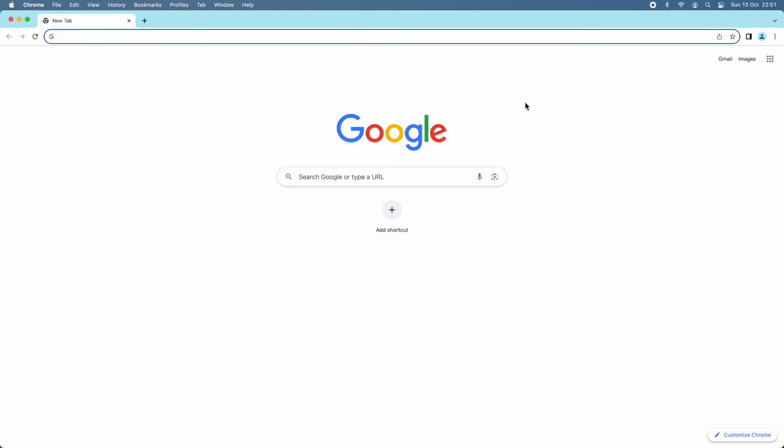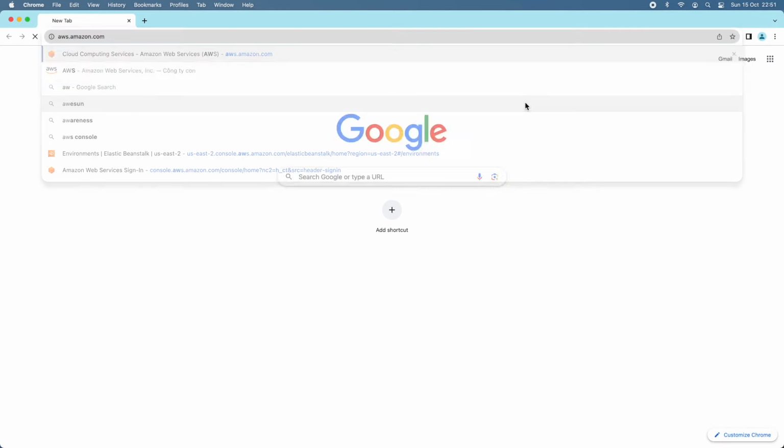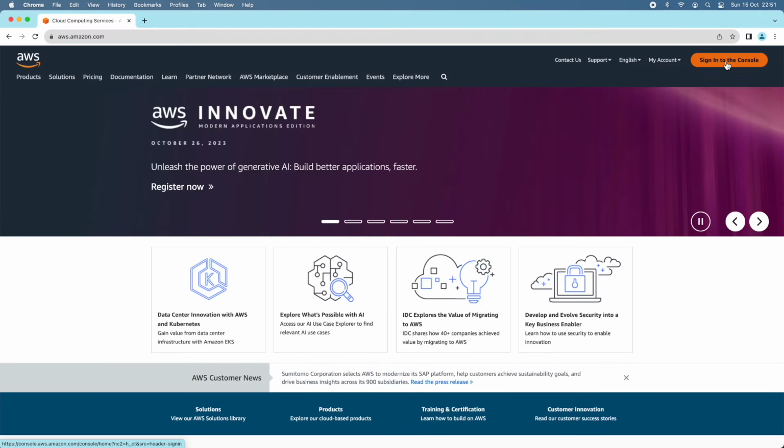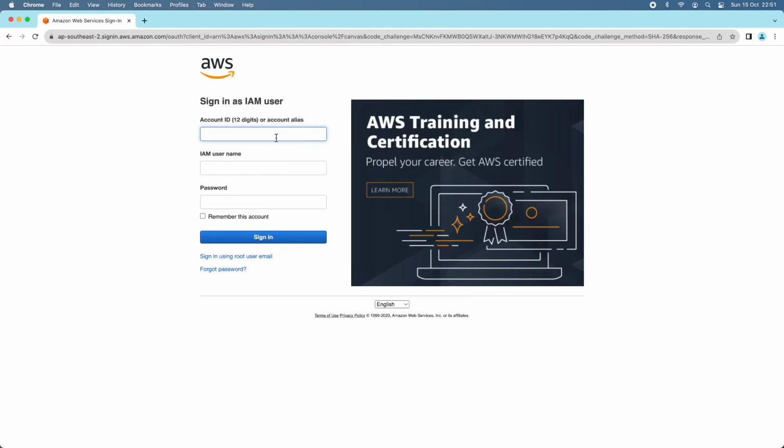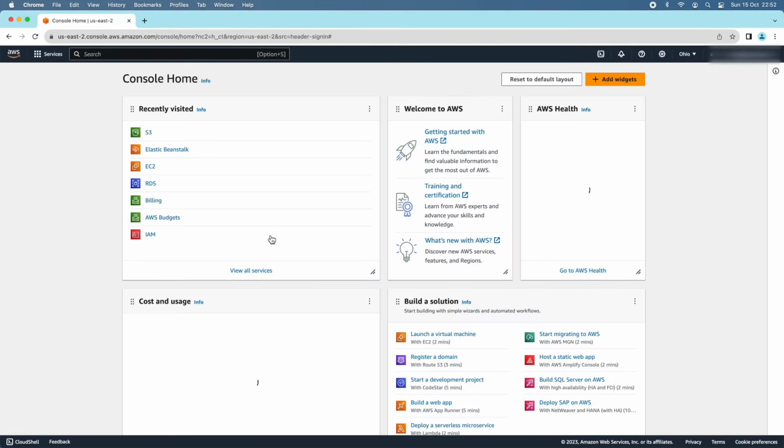Next, let's head over to the AWS Management Console at aws.amazon.com. Click the Sign in to the Console button here to sign in, and I'm going to sign in as an IAM user using my AWS account ID, IAM username, and IAM password. This IAM user has administrative access. Okay, you see I have signed in successfully as an IAM user that has administrative access,